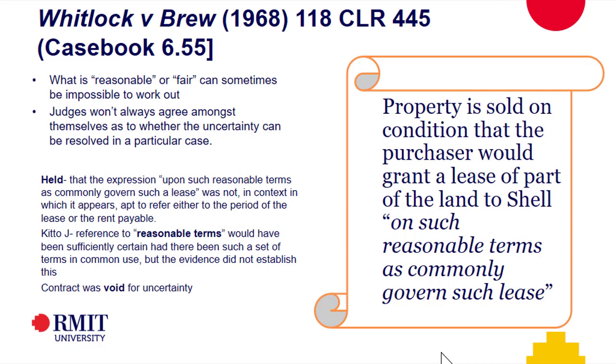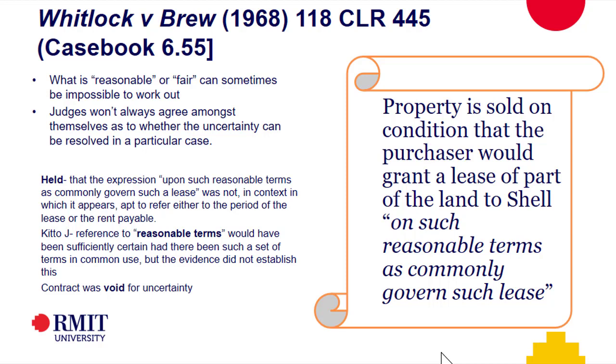And in a very ordinary house, I think it's very easy to work out what the rent would be. Quite different to this case, because this was a very unique situation. There were no common terms. In my very ordinary house in a very ordinary suburb, it's pretty easy to work out what the market is, what the rent would be, what would be a reasonable rent, what would be a reasonable term for a lease. You know, most leases will be more than 6 months, less than 2 years. It's not hard to find that. But each case we have to look at on its merits.